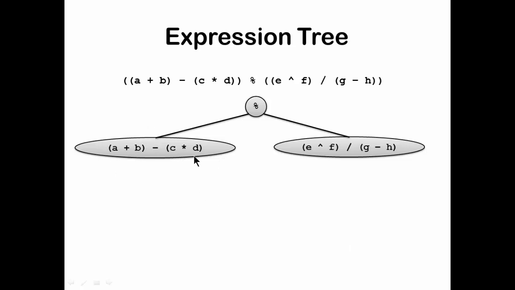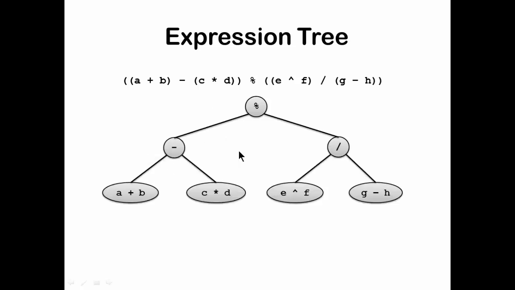In this expression there are 3 operators. Here minus is the operation that will be performed at the last. Here division is the operation that will be performed at the last. So out of these 2 expressions, the node here would be division and the node here would be subtraction. So I have made them nodes. Whatever lied towards the left hand side of the subtraction is now in this left subtree, and whatever lies in the right side is in the right subtree. And similar is the case over here.